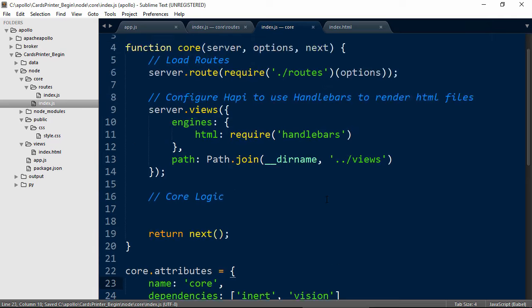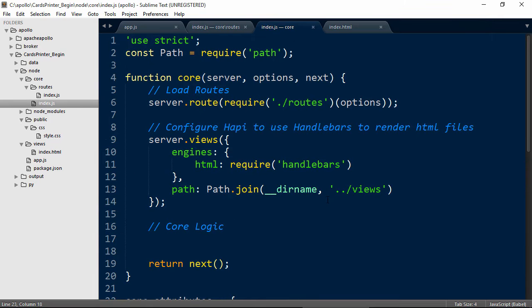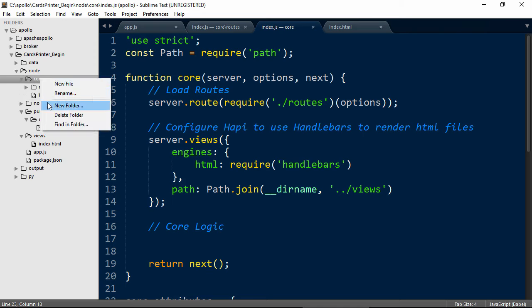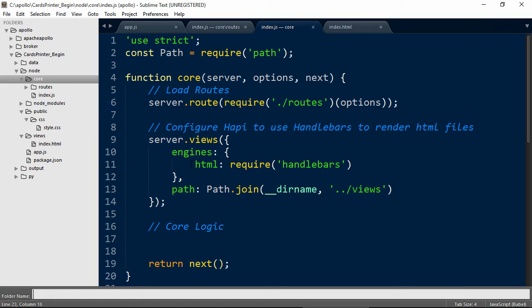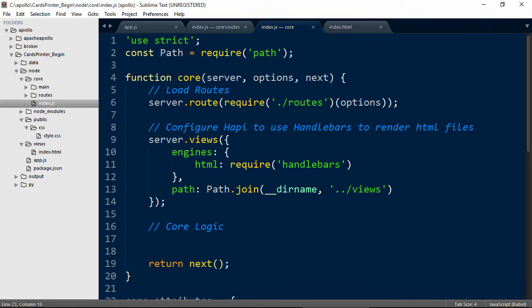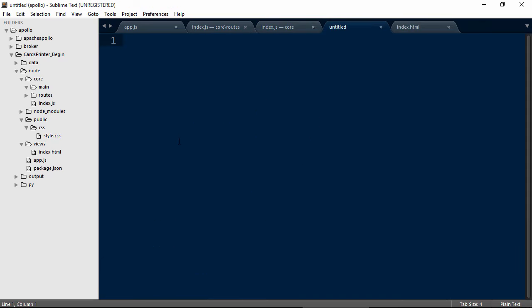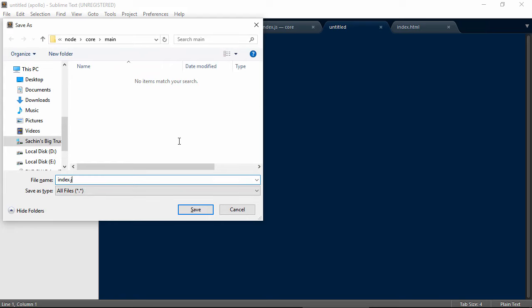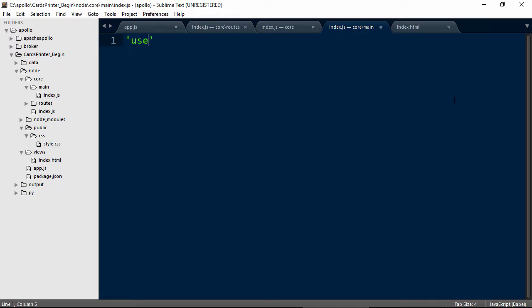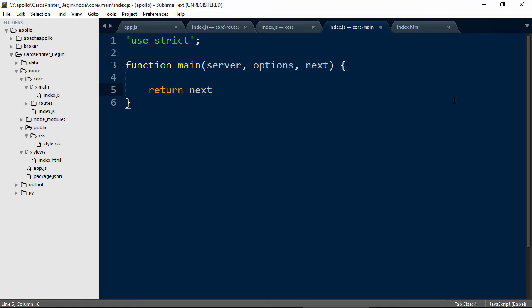Alright, next up, our main business logic for the app will reside in its own plugin, and I'm going to call it main. So within the core plugins folder, create another folder called main and place an index.js file in it. Begin as usual by scaffolding out the main plugin like so. By now, this process should seemingly be easy. If not, feel free to write in with your queries and/or watch the previous video where we created the core